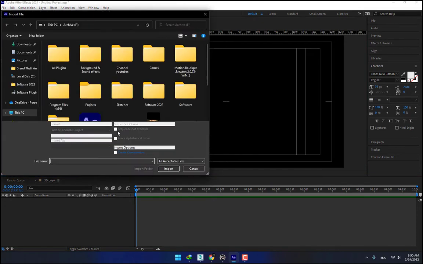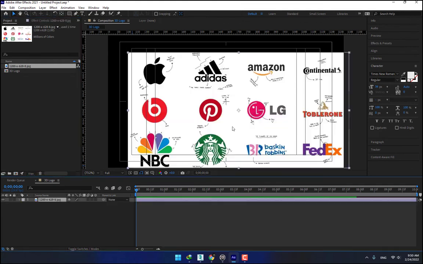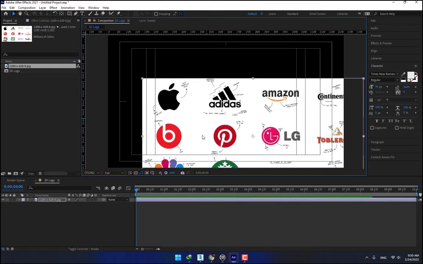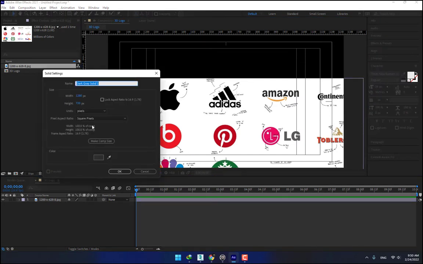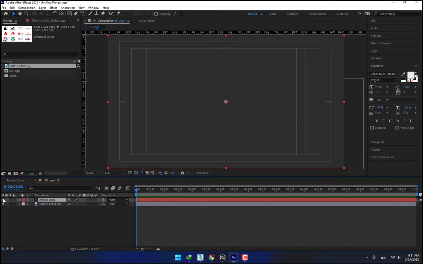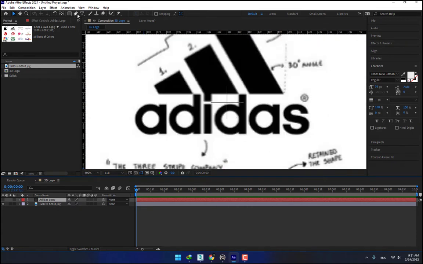Now import your logo into After Effects. There is the logo. Okay, how to model a 3D logo in Adobe After Effects. Create a new solid, Ctrl plus Y, and name it Adidas logo. Press OK. Turn off your solid layer, then zoom in on your logo and select the pen from tools